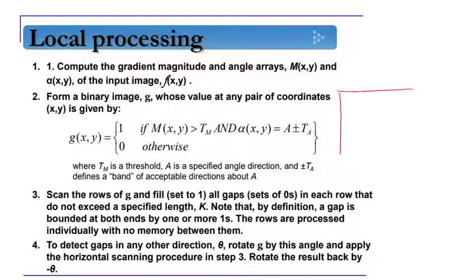Suppose I have got one image, and in that image the values are like this: 0, 1, 1, 0, 0, 1, 1, 1, 0, something like this. So what does it represent? We have some ones on the left-hand side, but in between there are two zeros. Again there are three ones on this side and two ones on this side. So this is considered as a gap. What is considered as a gap?